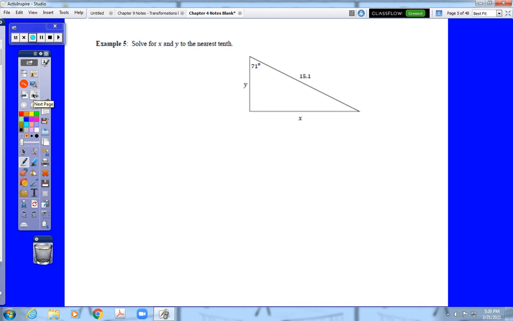Okay, so here this one's a little bit more advanced because we have two different variables to solve for, but again it's the same idea. We start off dealing with the 71-degree angle as the angle we're working with. Based on that, 15.1 is the hypotenuse, x is the opposite, and y is the adjacent. So we can't solve for x and y at the same time, which means we can't deal with both opposite and hypotenuse. So for x,